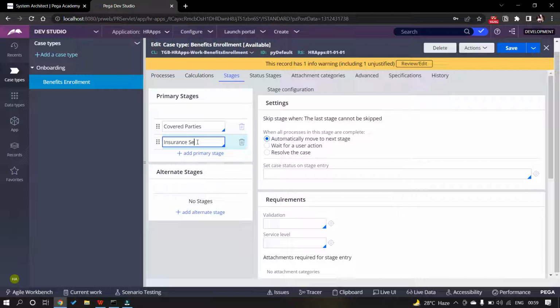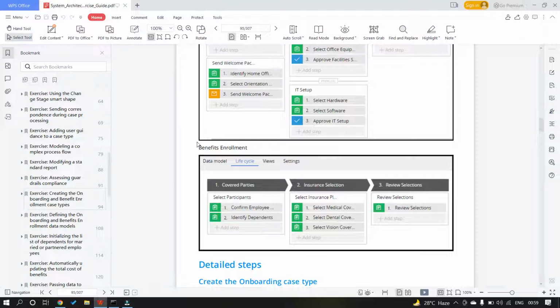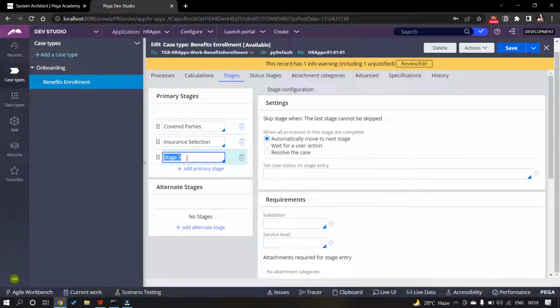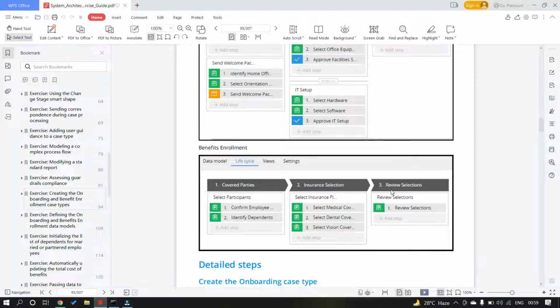Insurance selection. Okay, selection. And then review selections. Review selections. Okay, so these three stages have been created, and since the last stage is okay, it's not set as